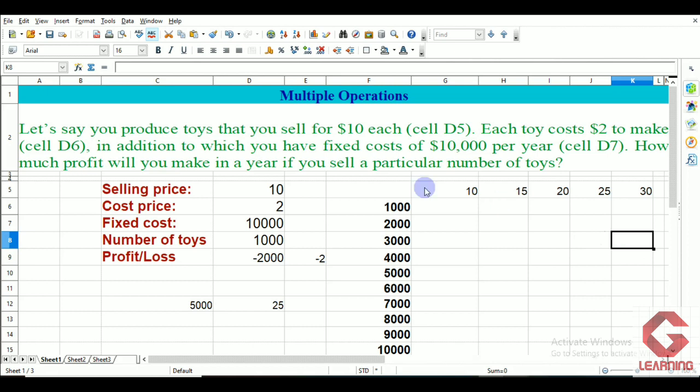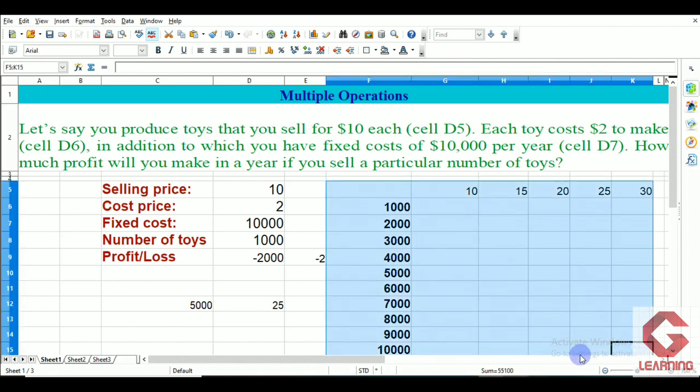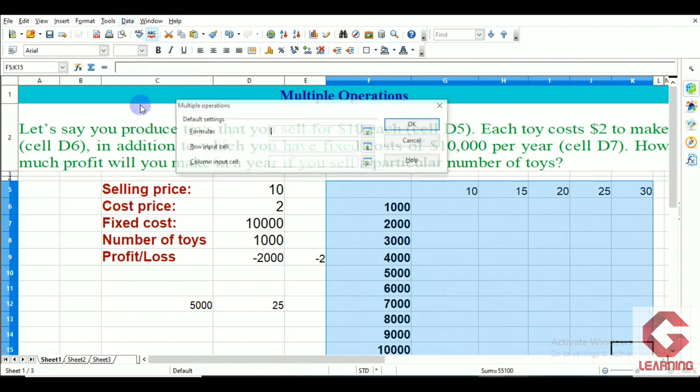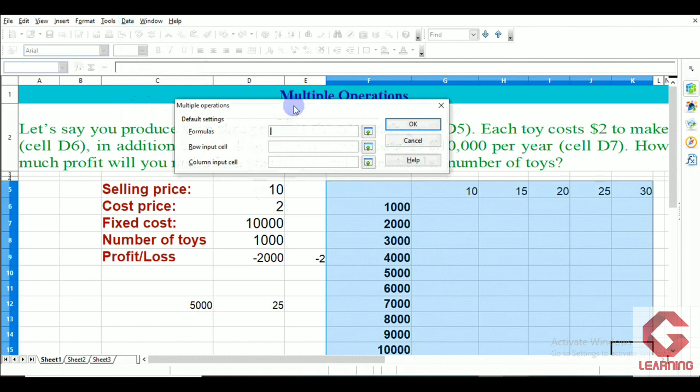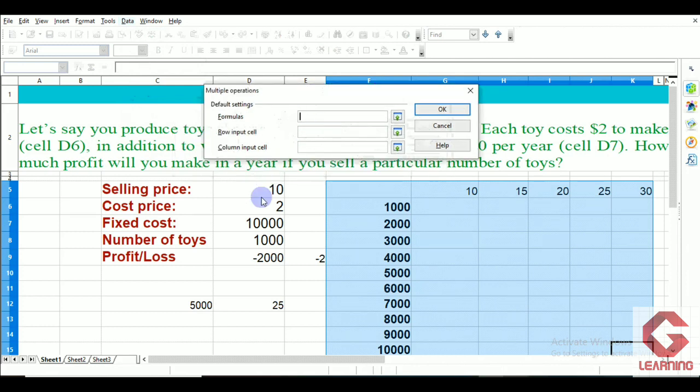So first of all just select all these cells, and after the selection of all these cells, thereafter just click again on the data tab, multiple operations, and here first of all formula. So as formula to calculate profit or loss is available in this cell, so this cell is selected. Now next one is what? Row input cell. Now here you can notice this row is containing what? Selling price, and when I use this formula, then selling price is contained by this cell, so I have to select this cell. So as I'm clicking on this cell reference is now available in row input cell,